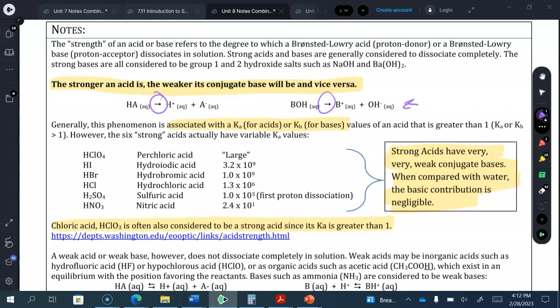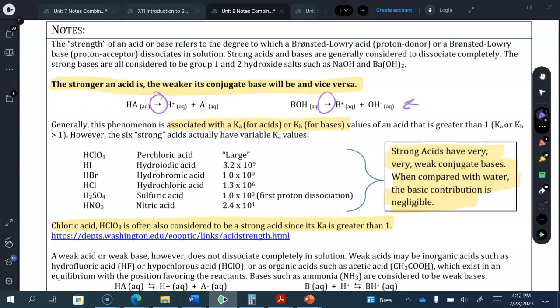Generally, this phenomenon is associated with a Ka value for acids and Kb value for bases that is greater than 1. Ka or Kb much bigger than 1. However, the 6 strong acids actually have variable Ka values. So as we see here,